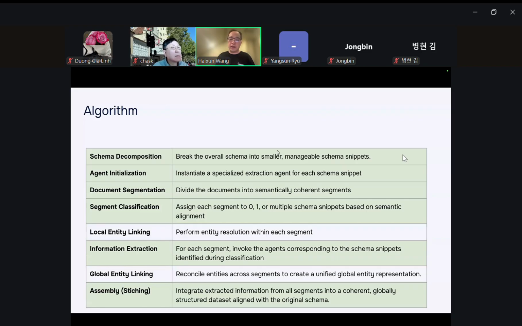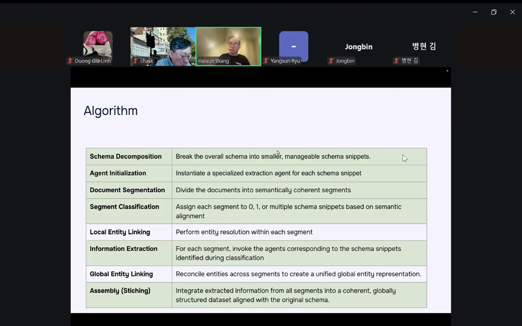Of course, when you have a large schema and when you try to stitch things together, one very important thing is the entities and the identities of these entities. So entity linking is a very, very important step for this information extraction process. And in our system, the entity linking happens in two steps. One is the local entity linking, which is on every segment.